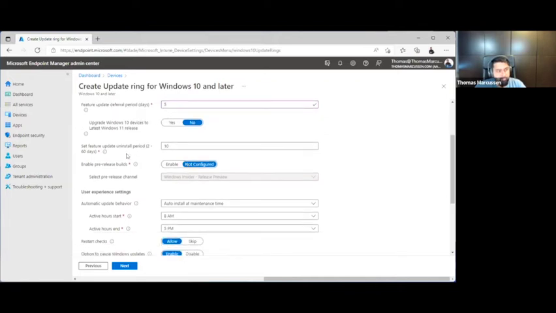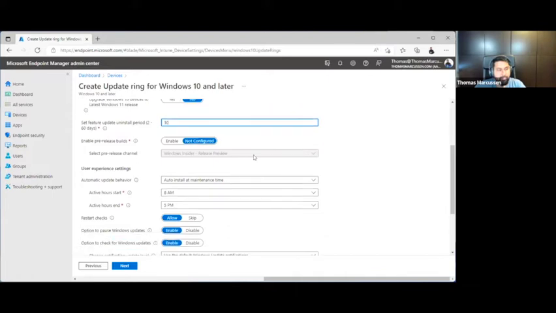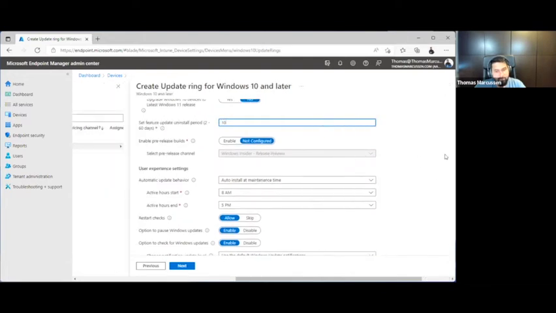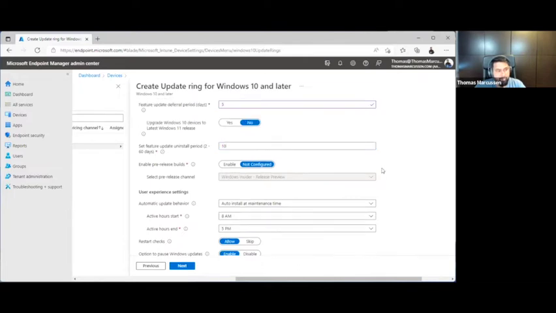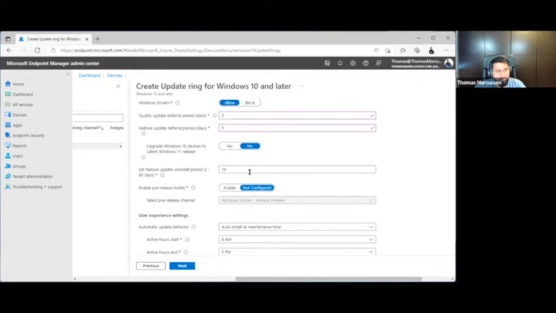If you want to set the feature update install period, you can do so here. The feature uninstall period, it does fill up a bit of space on the device. You will see a windows.old folder. It will store all the needed configurations, files, etc., to do a rollback.